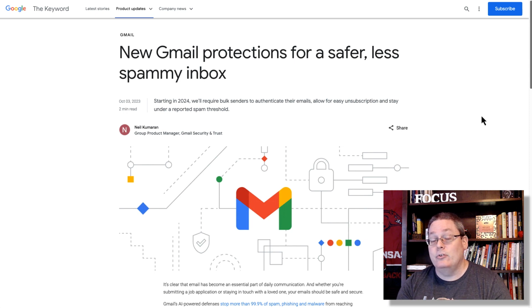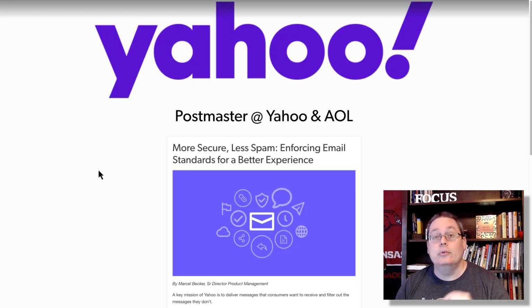They're saying started in 2024. Actually, that's right now or very soon here in February 2024. They're going to implement these changes. Also, Yahoo is doing the same thing for a more secure, less spam, or an overall better experience for their